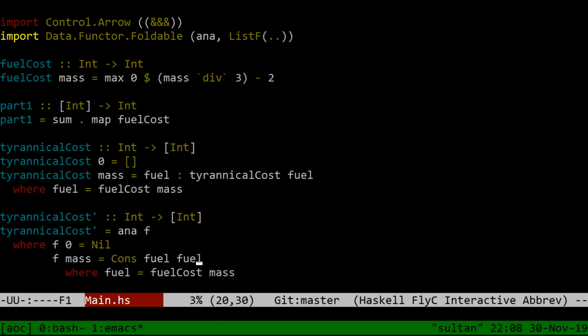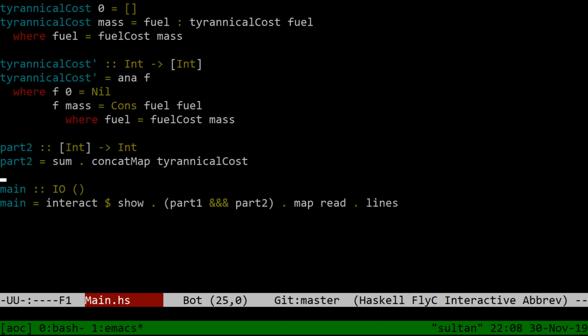The types check, no red underlines, right? So we're not actually building up a list. We're giving it a cons where we say the first part of the cons is the value you should have now. And the second part is what you should continue computing on. And it'll continue unfolding that until it gets to a nil case.